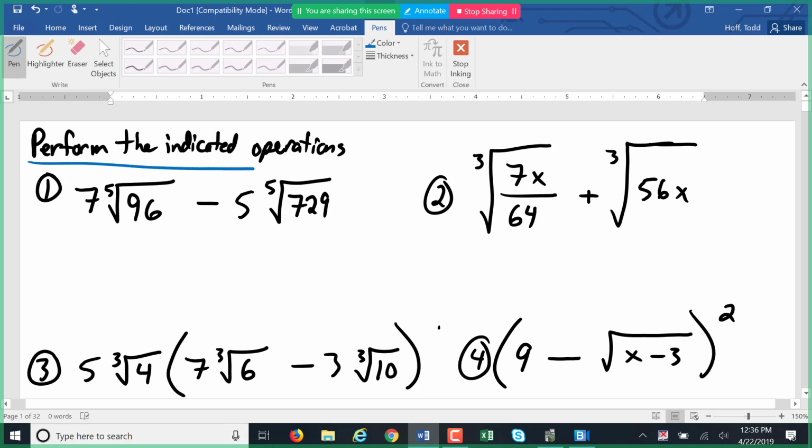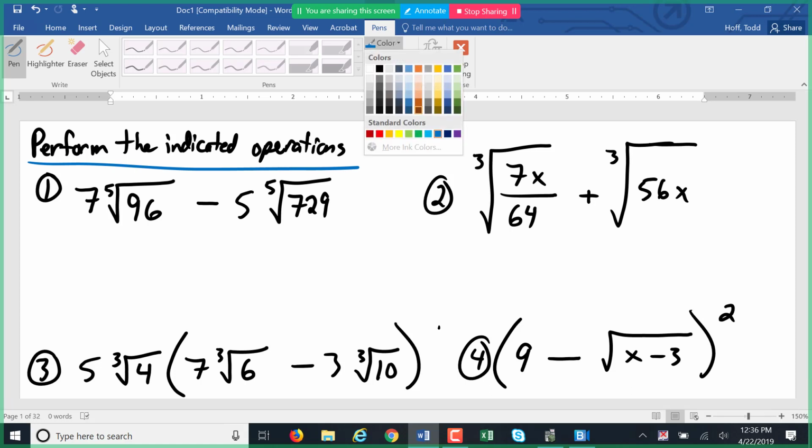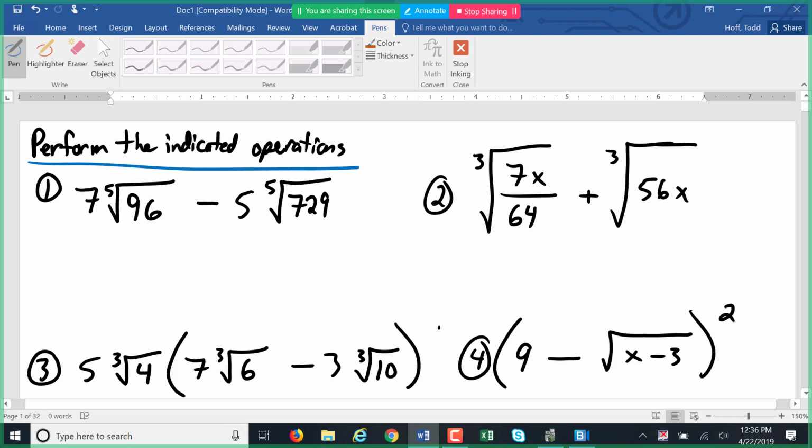The second thing we must have is the same base. Well, this one has a base of 96, and this one has a base of 729. Currently, they are not the same base. However, we can reduce the radicals, and it might change the base. It may give us the same base. So for 96, if we factor that,